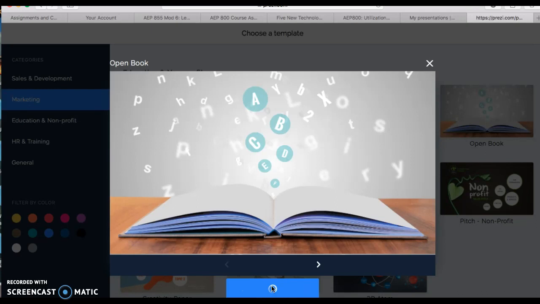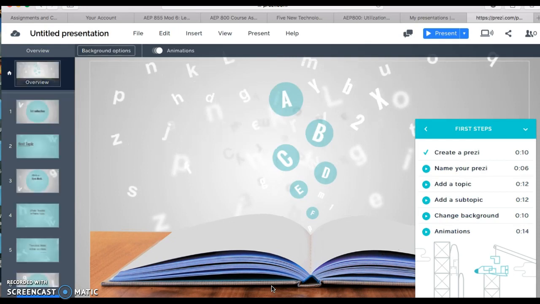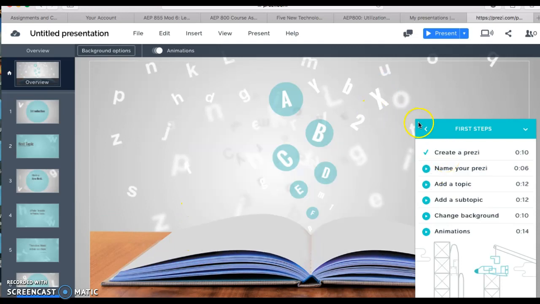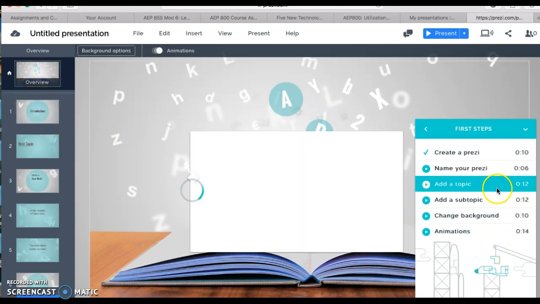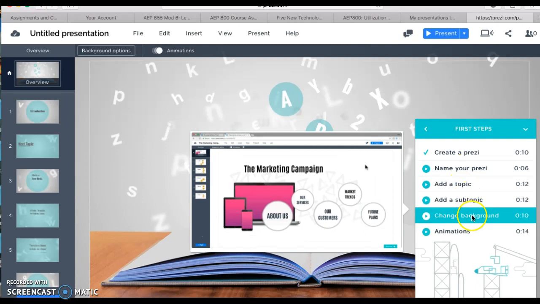When I was reading about getting started with this, you can have the presenter view where you can leave notes for yourself, and then it presents the actual presentation up for everybody, but then you have your notes, kind of like how PowerPoint can have those too, but then you don't have to print them out like you usually do with PowerPoint. So this just gives you an overview of like name your Prezi, add a topic, add a subtopic,